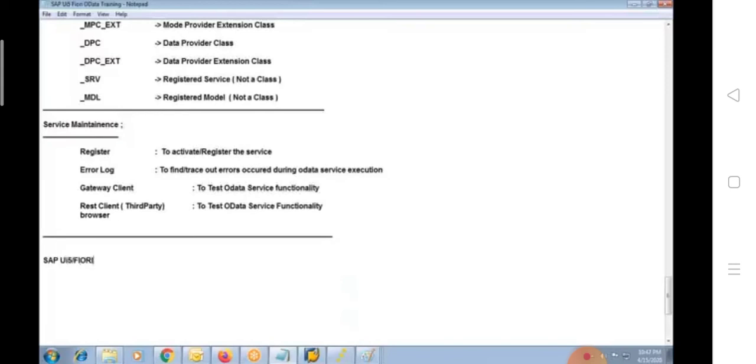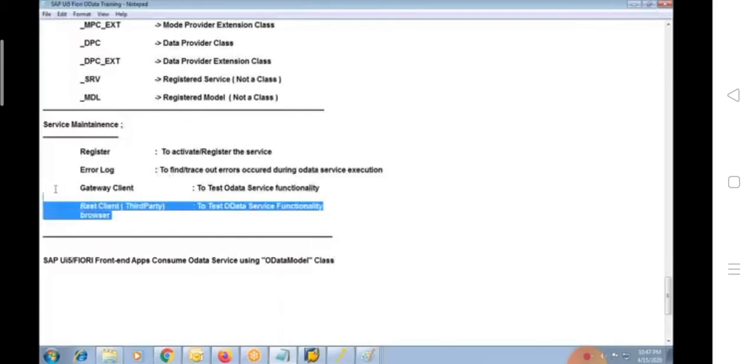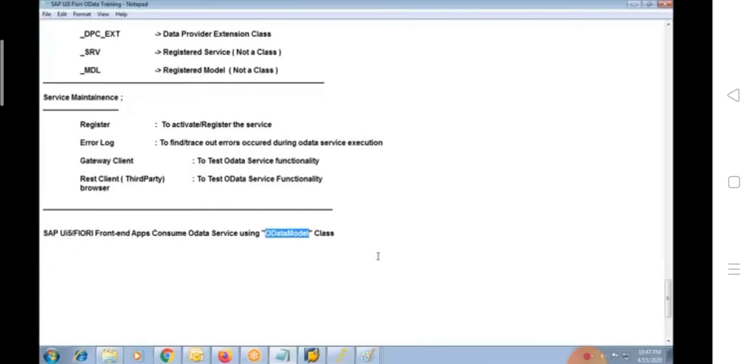SAP UI5 Fiori apps are front-end apps, and they consume OData service using the OData model class. This is very important in UI5 Fiori. So once after testing your service, the service has to be consumed inside UI5 Fiori front-end, and that service consumption will take place with the help of the OData model class.